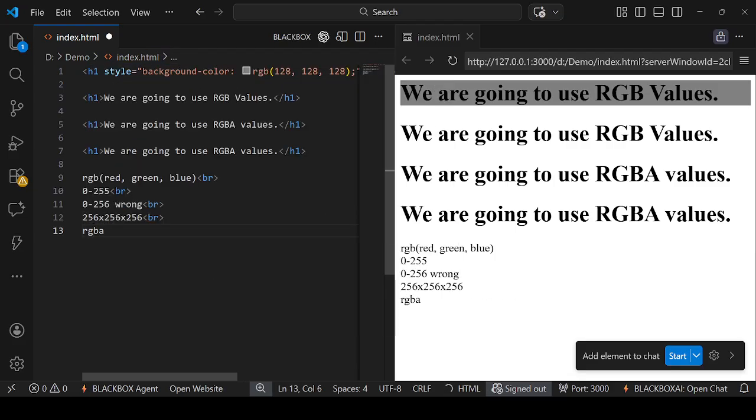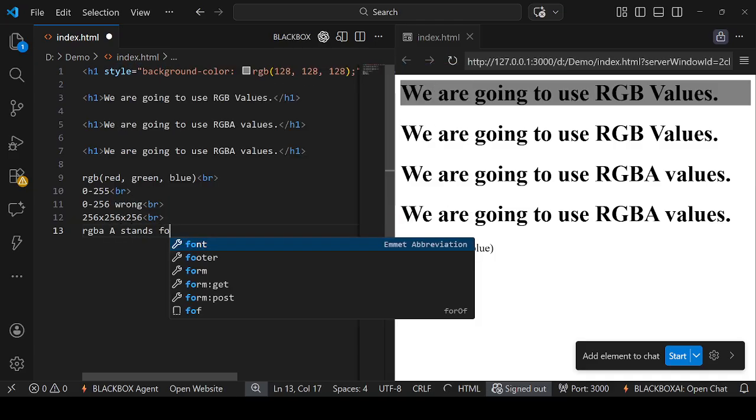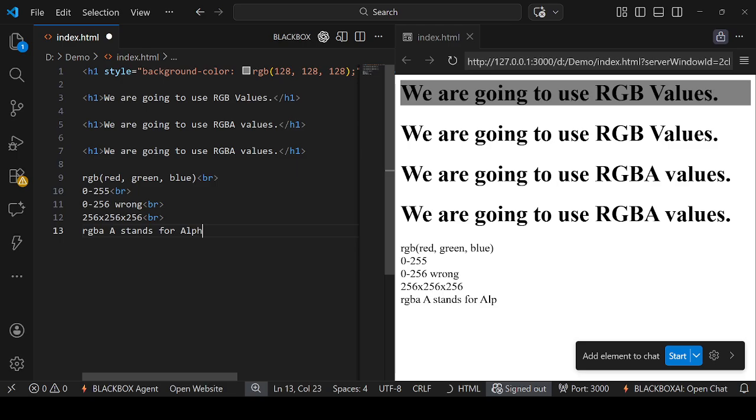RGBA. A stands for, you can see in the preview tab. Okay, A stands for alpha, and it controls opacity, or you can say the transparency. So RGBA color value is an extension of RGB with an alpha channel that allows you to specify the opacity